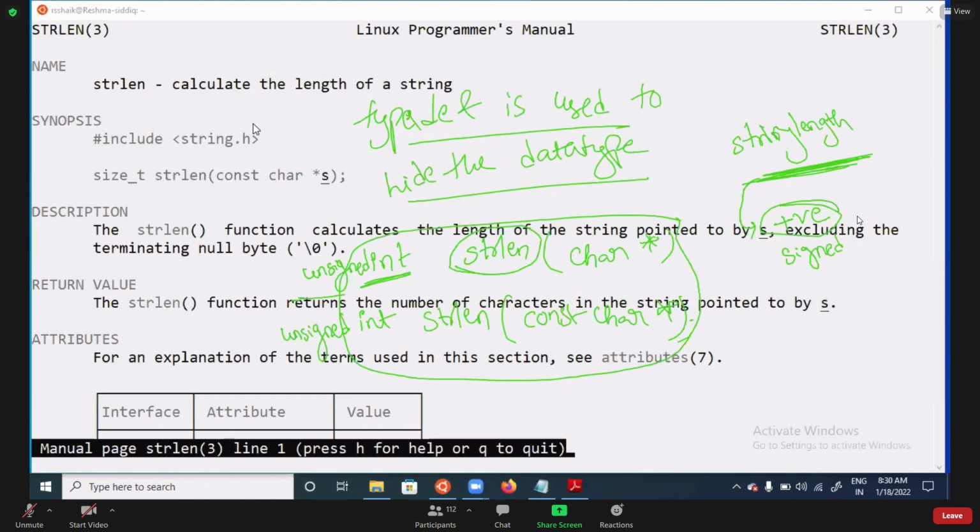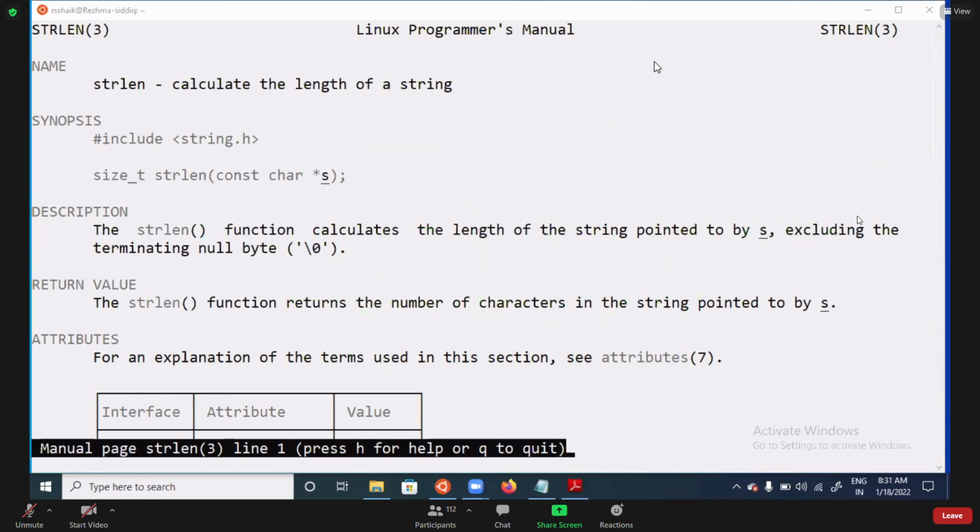Now see here, what is size here? size_t. Can you tell me what is this?